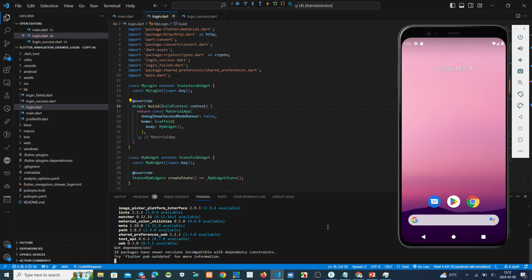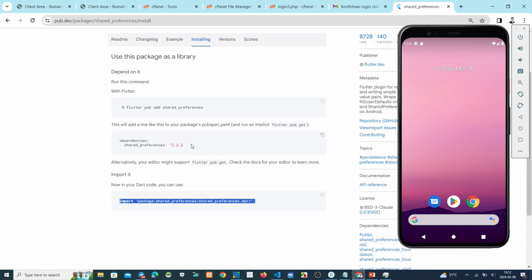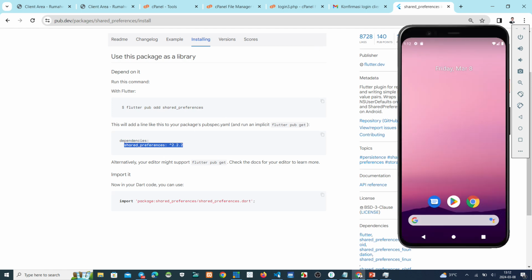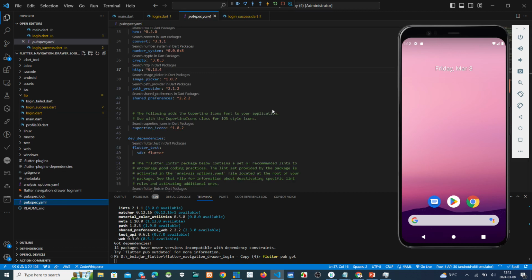Now we get the data from pub.dev. After that, you must also copy this self reference to your script. You copy this to this one. I have copied before. Abstract this. You copy to this one.